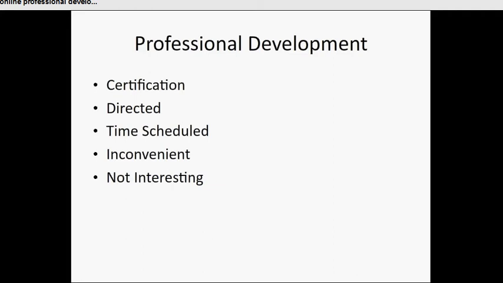You have to be certified to teach, and you have to make sure that you've been trained in the courseware that you need. It needs to be sometimes directed. I know my district was often assigning professional development to people, saying that our new focus within the district is to look at reading. So we're going to have you attend a reading professional development. And for some people, it's not only inconvenient, it's not interesting. It's not on a time schedule that works for our educators.